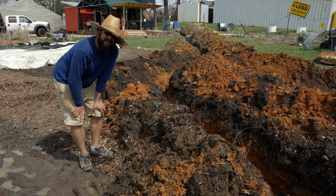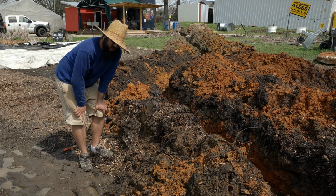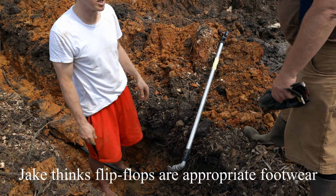This is the tool that my buddy had, and we got the job done pretty quickly. So we lay that pipe in there, and then we're going to cover it back up. So we got the hose laid down in the trench here, and we're just putting the hydrant on. So we got a couple of fittings there at the bottom, and